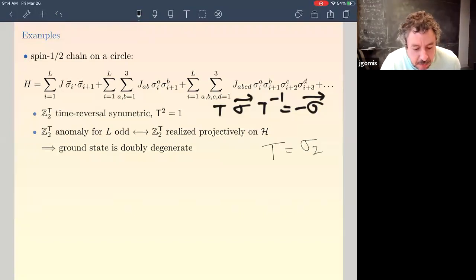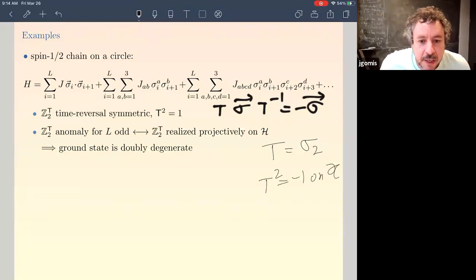Now the point is that this system has a 't Hooft anomaly if the number of sites on the circle, the number of spins in the circle, is odd. Essentially because if L is odd, the Z2 time reversal symmetry is realized projectively in the Hilbert space. So while on all local operators T squared equals 1, if L is odd, T squared equals -1 on the Hilbert space. So that means that the symmetry is realized projectively on the Hilbert space of this spin chain. And this is tantamount in quantum mechanics to saying that the system has a time reversal anomaly